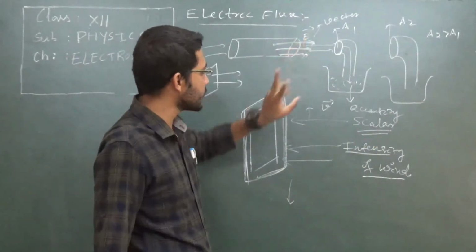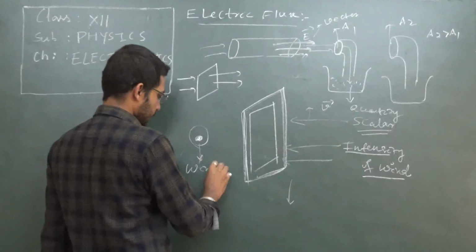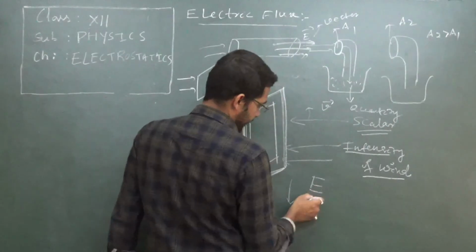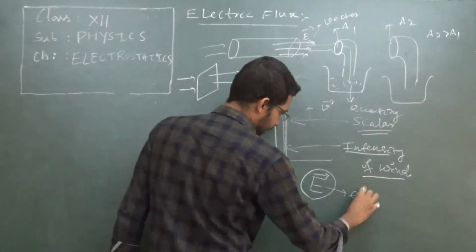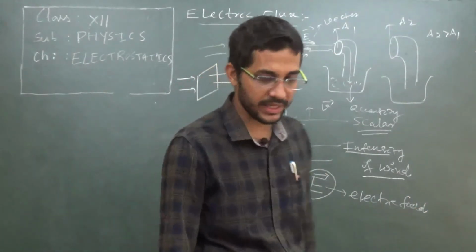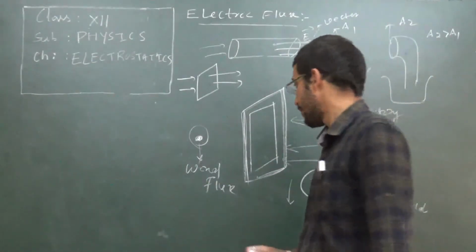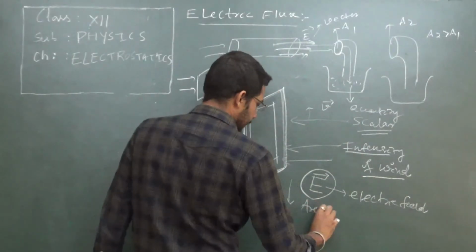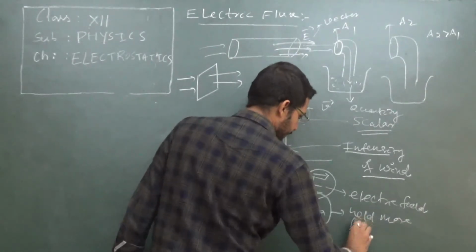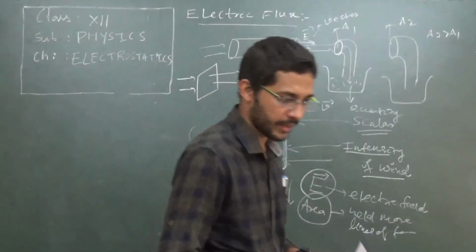So the electric flux depends on two factors. Like here, if I say here, then you will get your wind flux here. If you talk about the electric flux, then electric flux depends on the intensity of the electric field. If the electric field is strong or crowded, the number of lines of forces inside a particular region or area is always more. And also it depends on the area. If the area is more, it will hold more lines of forces. So you need to remember this. Now we will go to the mathematical part.